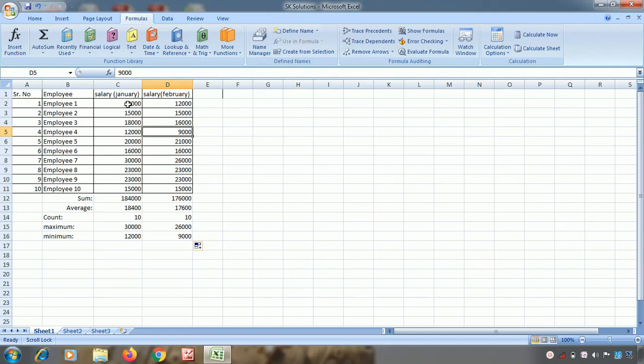Similarly you can do it for the rows. When you want to do rows, select the data in that particular fashion. Suppose I want to add the salary of employee 1 for the months of January and February, I'll select these two, again go to AutoSum and select Sum. In the next cell you will get the sum. Suppose now I want to do this for all the remaining employees. All I have to do is select the cell in which you have got the result sum and expand it for all the remaining cells. Isn't it very easy?